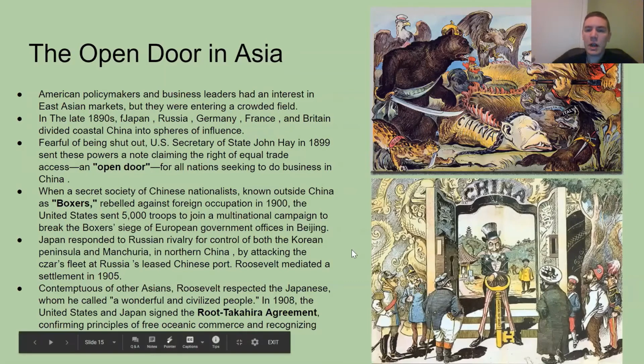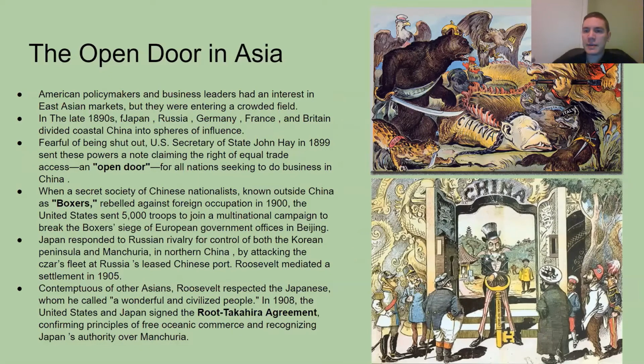Now, taking over the Philippines is also great economically for the United States because it's right next to China. And now with us being so close to China, we can go and try to access China. However, all these countries want a little piece of China and decide to make an agreement amongst each other called the Open Door. The Open Door policy was that any country can come in and trade with China and no one is going to try to take over it all.